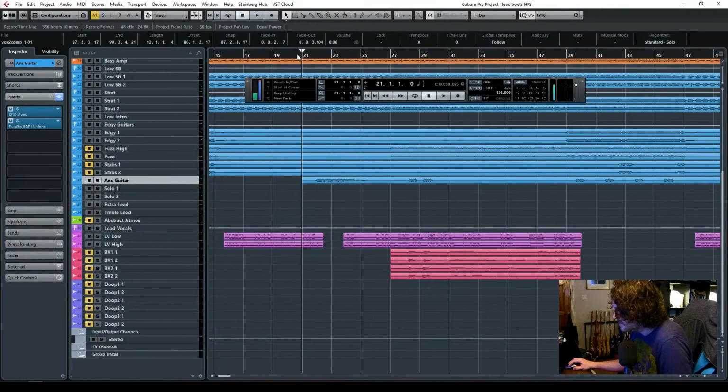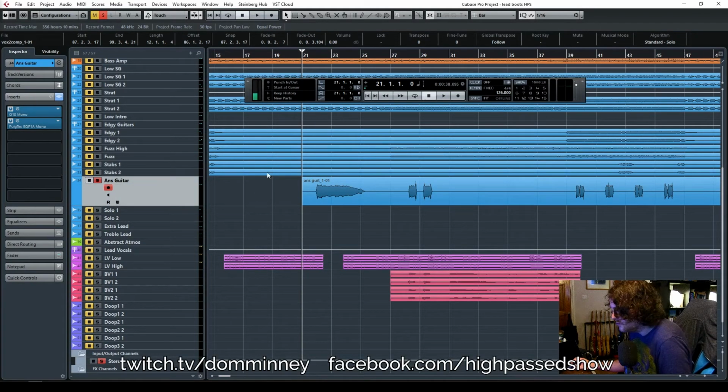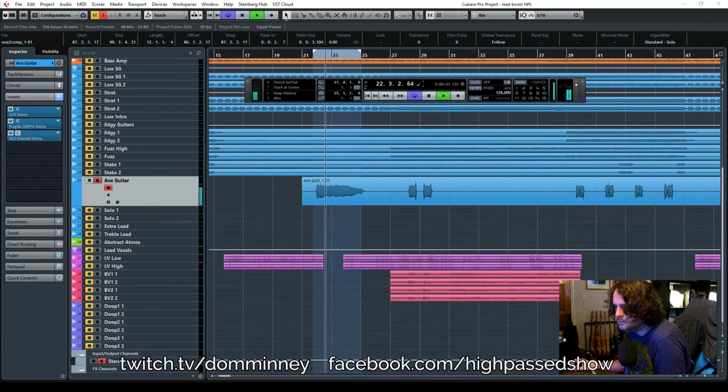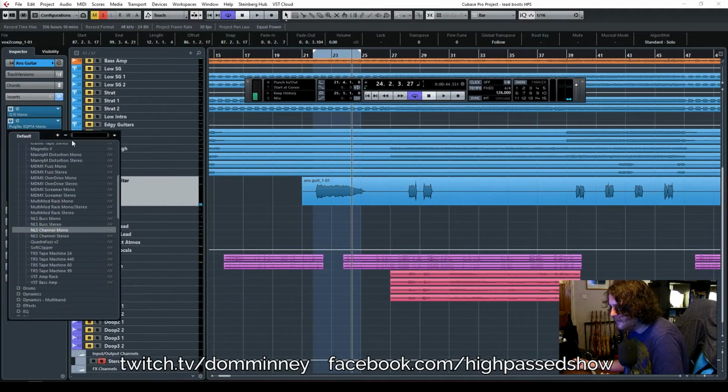First thing I want to do with this is make it more gritty by trying to use some of that channel strip distortion on it. So let's listen to it and loop a bit. Okay, what I might do is run that in parallel with that